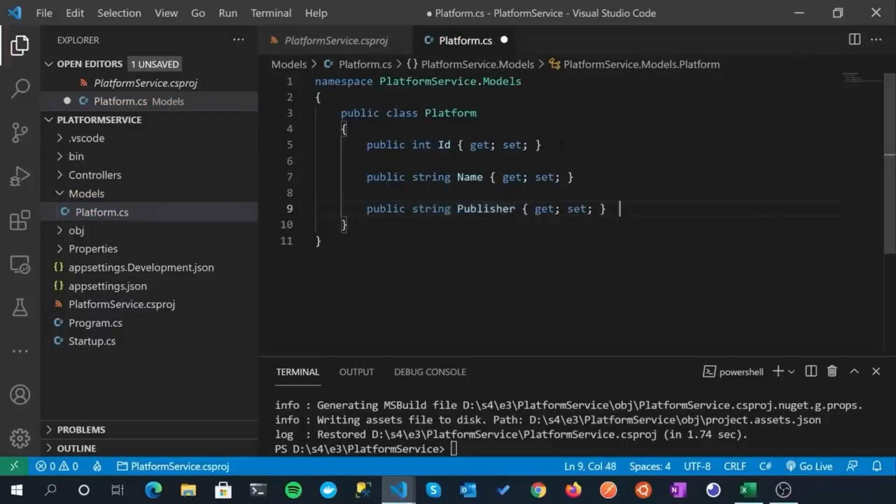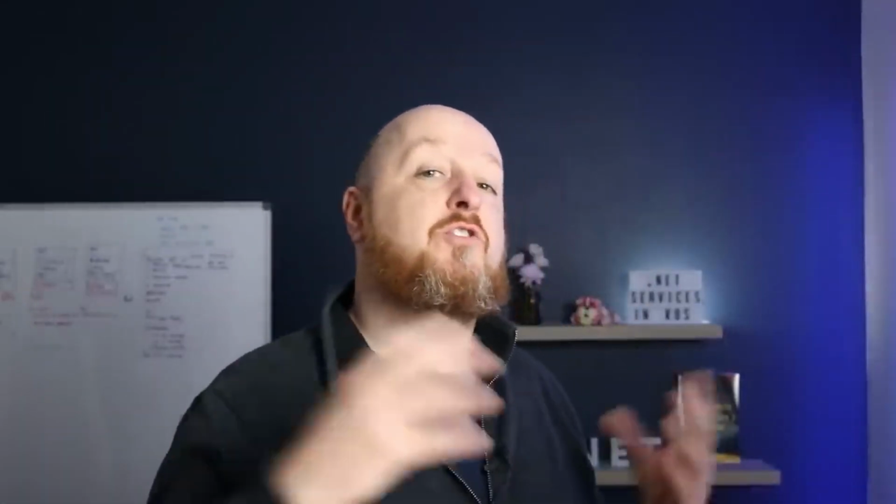Publisher. Okay. And then the final property, and we're not really going to use this, but I just want to labour the point. I'm going to create another property, just make it a string for simplicity, but I'm going to call it Cost. Now, while that's a bit of an ambiguous property name, the point here is that for this service, you might want lots of properties that describe the platform. So cost might be how much it costs, or its annual subscription, or a support cost, or the cost to run. And you could add all these in, as well as lots and lots of other properties very specific to this domain, to this microservice. It's a platform service, it's an asset register. You might have loads of attributes in your platform model that you might want to have there.